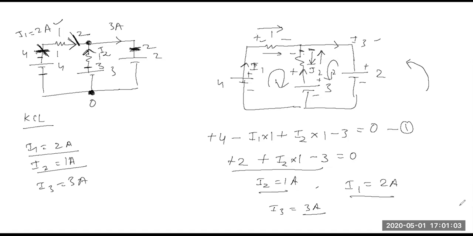We'll take up one more example based on this KVL thing, right? Because KCL you have understood, right? It's easy. So try to solve the problem first by KCL, right? That is what I'll advise. If you're not getting the answer from it, then you can go for KVL, right? Understood this thing? Any problem with this? No, sir.